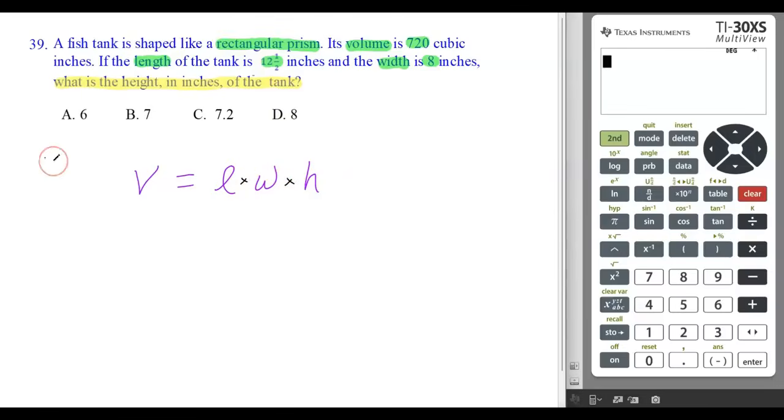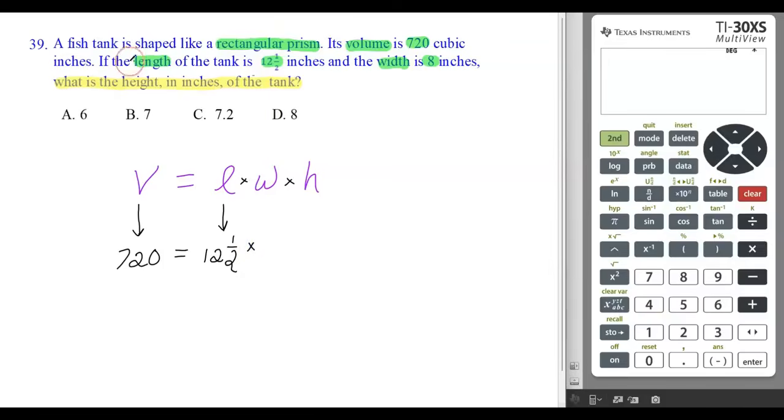So let's use our answer choices to help us here. First of all, V represents volume. We're given the volume. It says the volume is 720. So I'll replace V with 720. Bring down your equal sign. Let's see, L represents the length. We're given the length. It says the length is 12.5. So I'll replace L with 12.5. Times